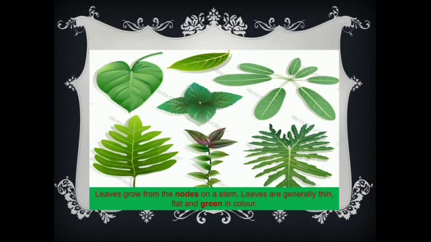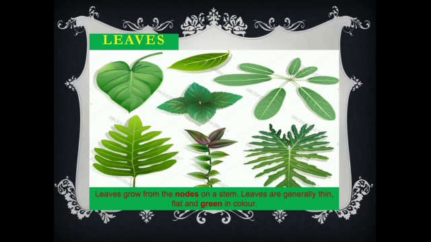Let us begin with leaf. Children, you must have seen various types of leaves around you. What similarities you observed in these leaves? Yes, leaves are green in color. This green color is due to the presence of green pigment called chlorophyll. What is the function of the chlorophyll? You have learned in the 6th standard. The plants prepare their food in the presence of sunlight with the help of chlorophyll. This process is called photosynthesis.